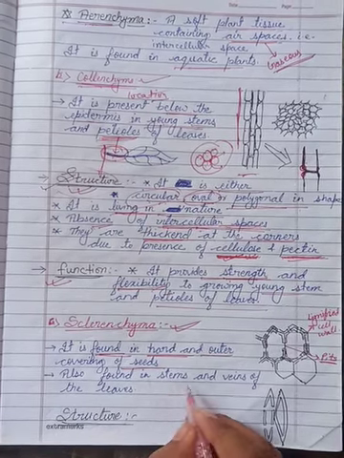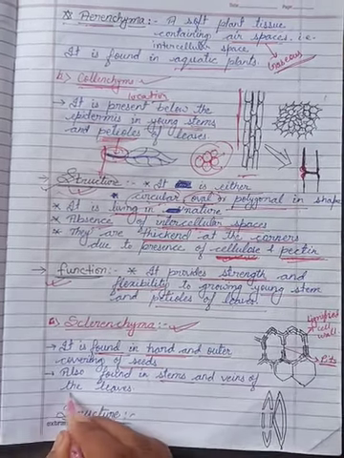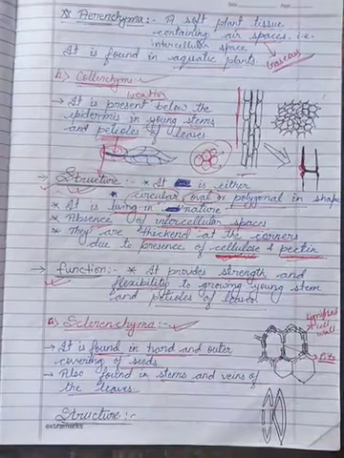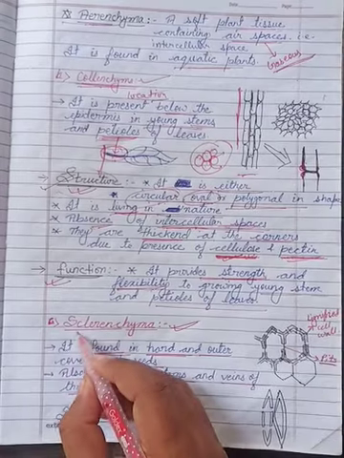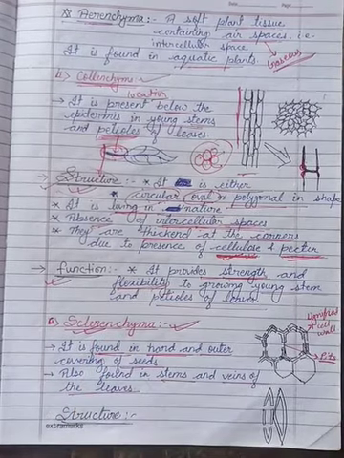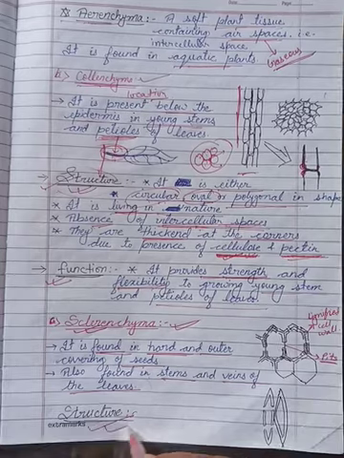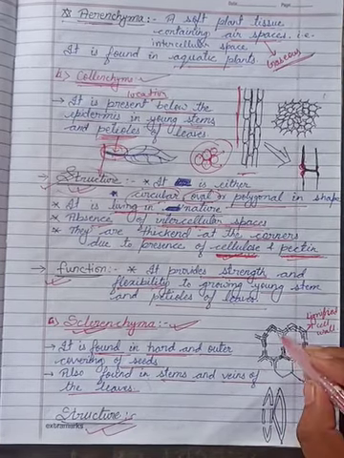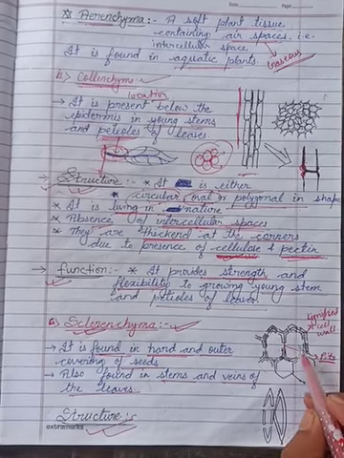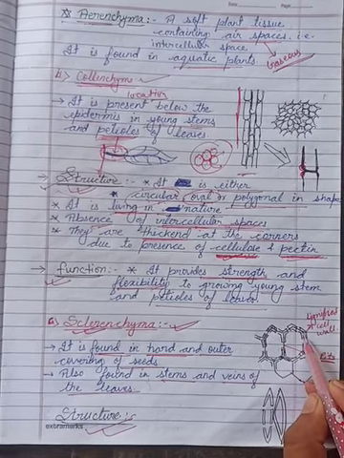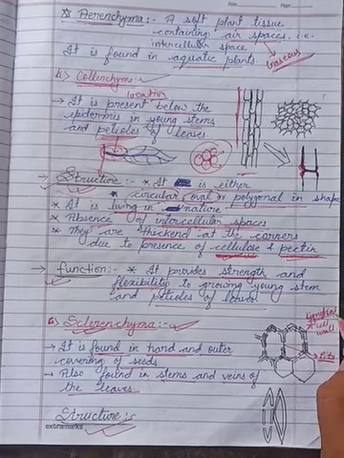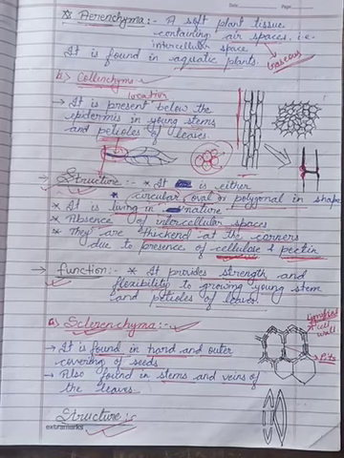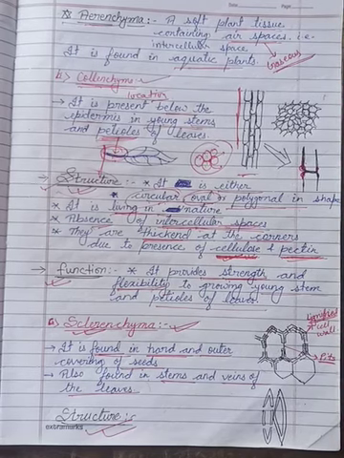It is also found in the stem and veins of the leaves. You can simply see the veins here. It is the veins which are found in sclerenchyma. Now about the structure of sclerenchyma, look at this diagram here. You can see here it is the lignified structure. Lignin is present in the cell wall of sclerenchyma. Is it clear? Is it okay?